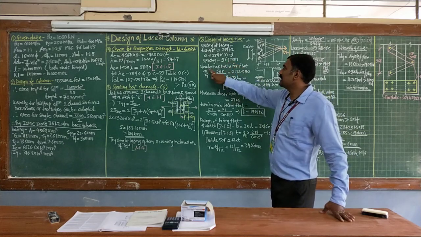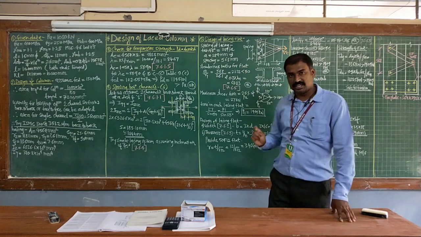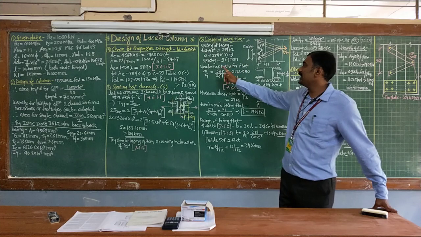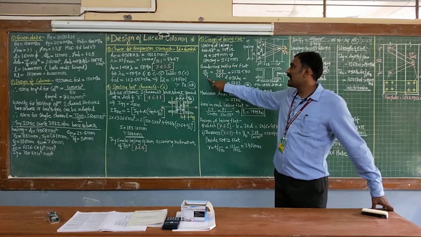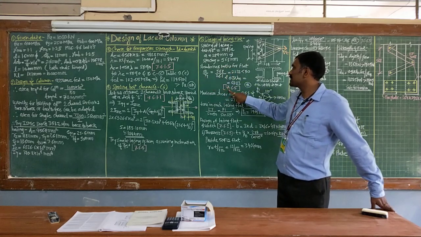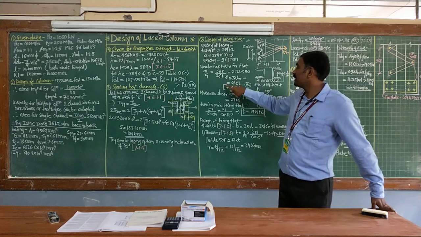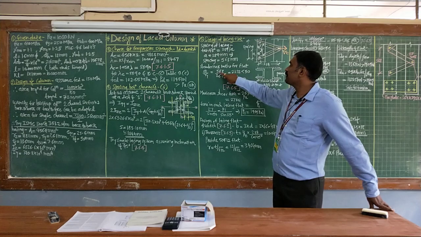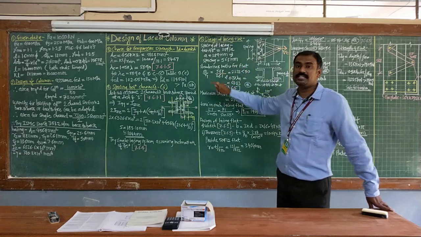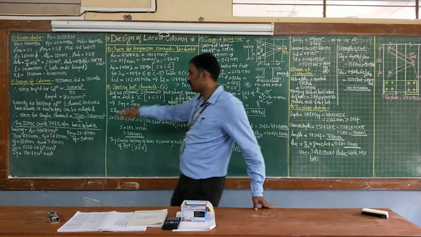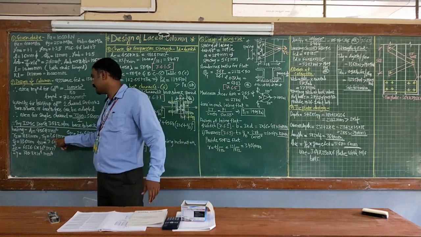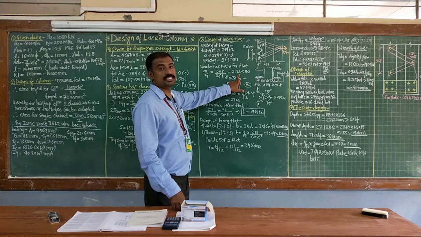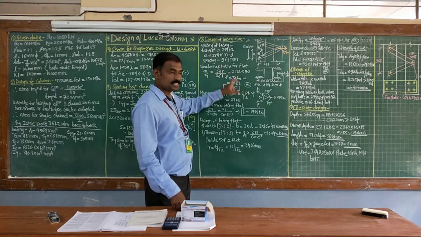Now the slenderness ratio for this adopted value. What is the slenderness ratio for the calculated spacing value? That is given as a divided by ry, where ry is according to clause number 7.6.5. Here a is your length value, the 568 spacing value, and ry is the least radius of gyration for the given section, that is ry equals 26.1. So putting the values, you are getting 21.72, which should be equal to or less than 50.